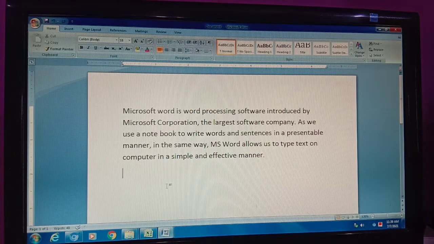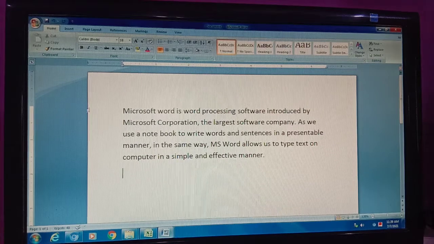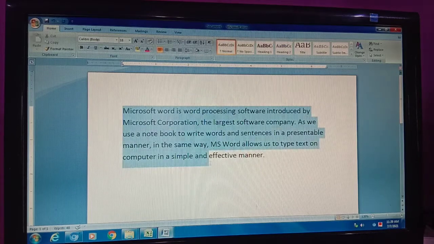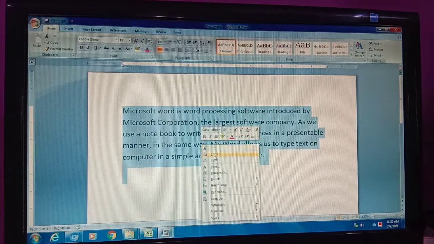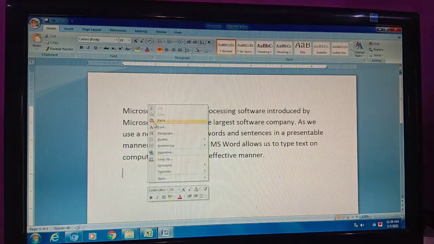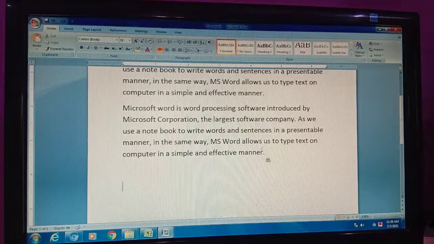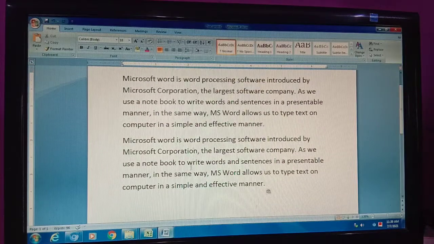If you want to select a large block of text, click at the beginning of the text and press the shift key, and without releasing it, click on the end of the text. For example, I want to select from here to here. So one more way, for example, I want to copy this. And now this is your large block. From here to here I want to select. So what I need to do,